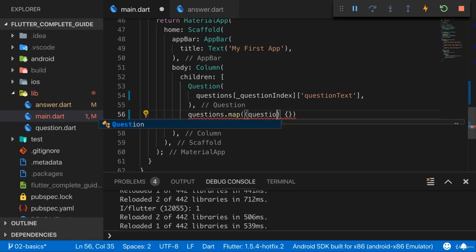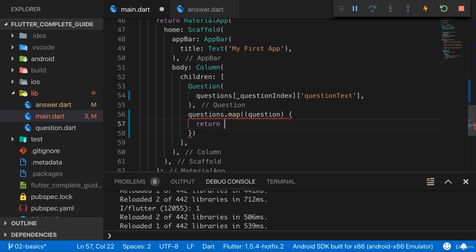So here we get the question, the single question we're looking at, and now in here we have to return a new value, because map returns us basically a new list where we don't have to keep the old structure. So it doesn't have to be a list of maps. It can be a list of widgets, and that could be something we merge here into the column. Now for that, we want to return a widget here, because for every element in questions, we want to return a new element which basically replaces it, and that should be a widget now. So here I want to create a new answer widget. And to that answer widget, I want to forward